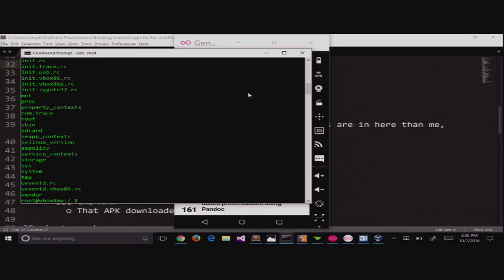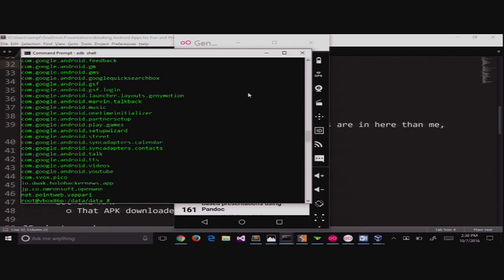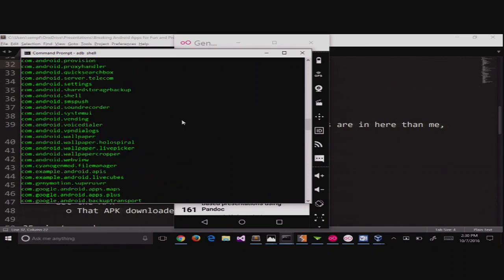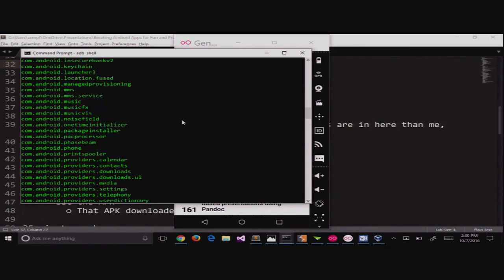There is an unusual structure of folders in Android that I won't get into, since this isn't a forensics course. I will tell you that most of the application-specific information, without special privileges, the application can only store its settings and internal bits in data. So here are all the applications that exist on my device.